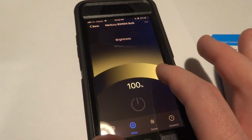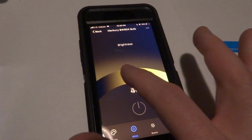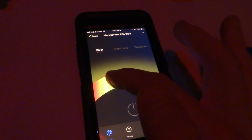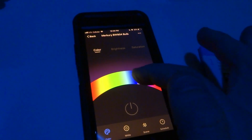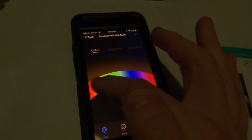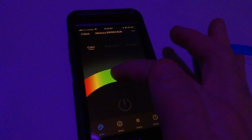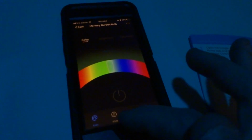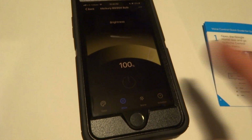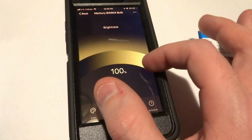You can see it's darker and lighter by how you do that. And you can change the color. Ooh, there we go. Blue, purple, red. Just slide your finger across to where you want it. And that's for colored. If you want just white, that was right here. If you want just white, put it back to white. It goes like that. And if it's too bright, nighttime, turn it down, go back up,